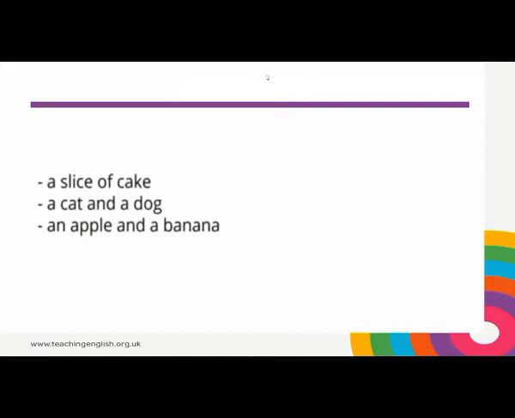Okay, the third one. Miss Hiba. An apple and a banana. Okay, first, where are the schwas? At the first and